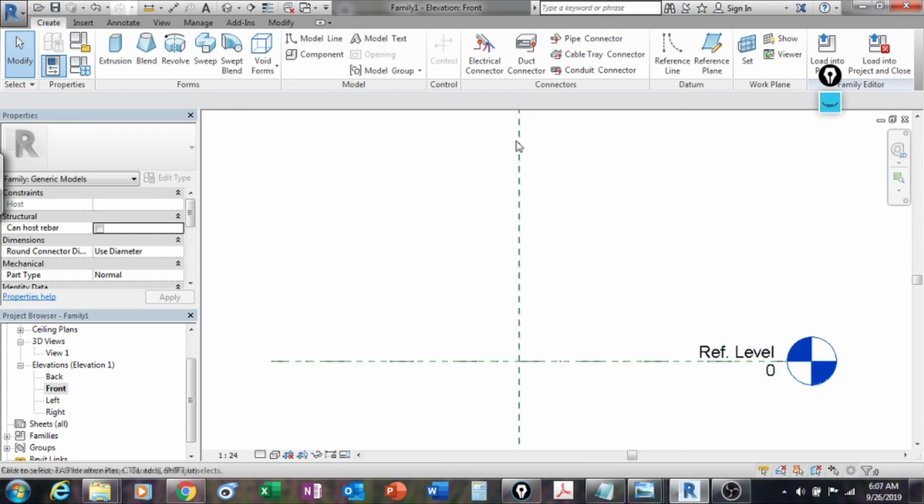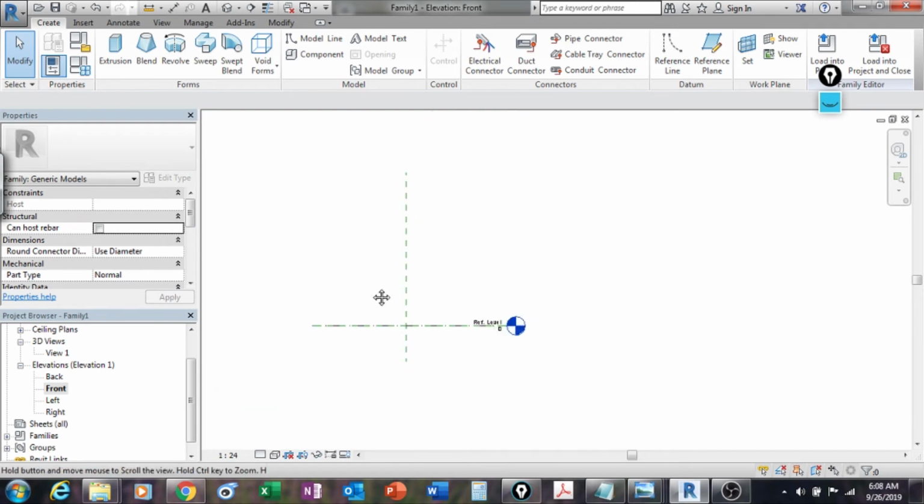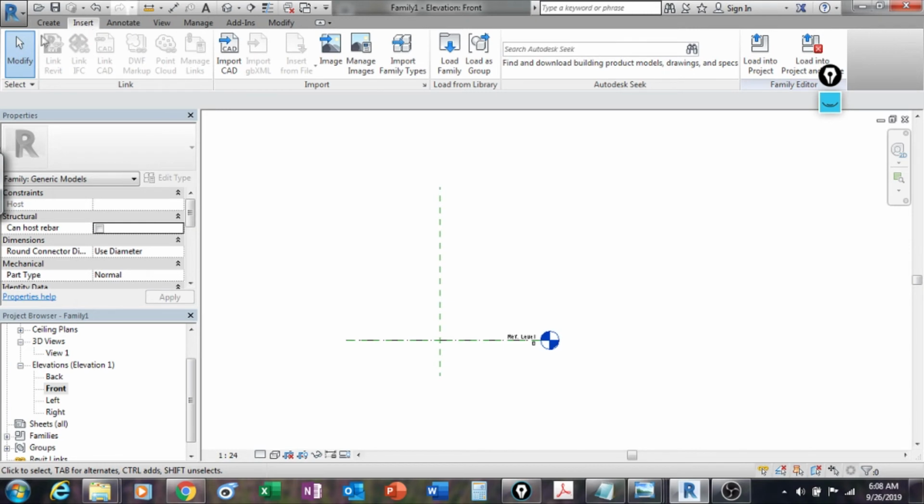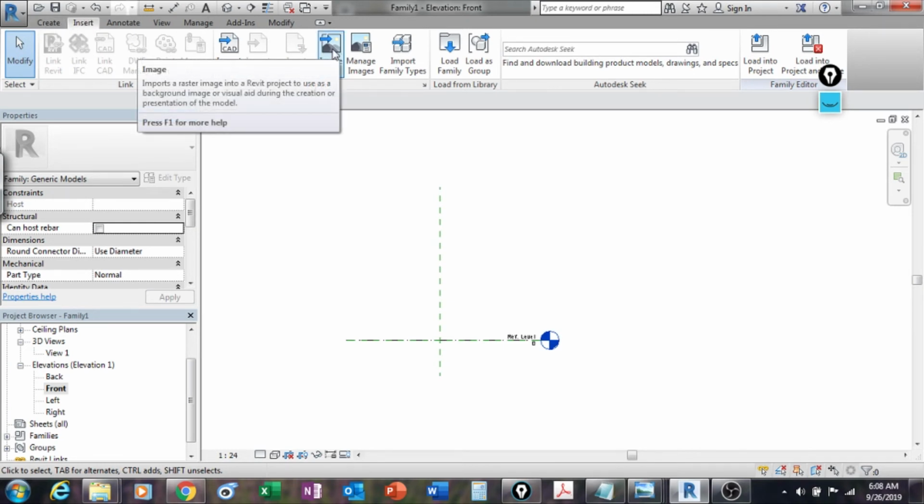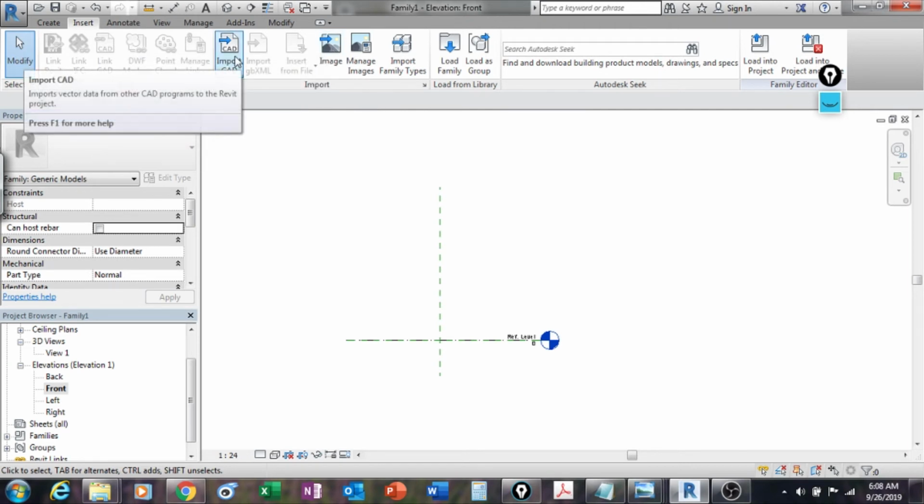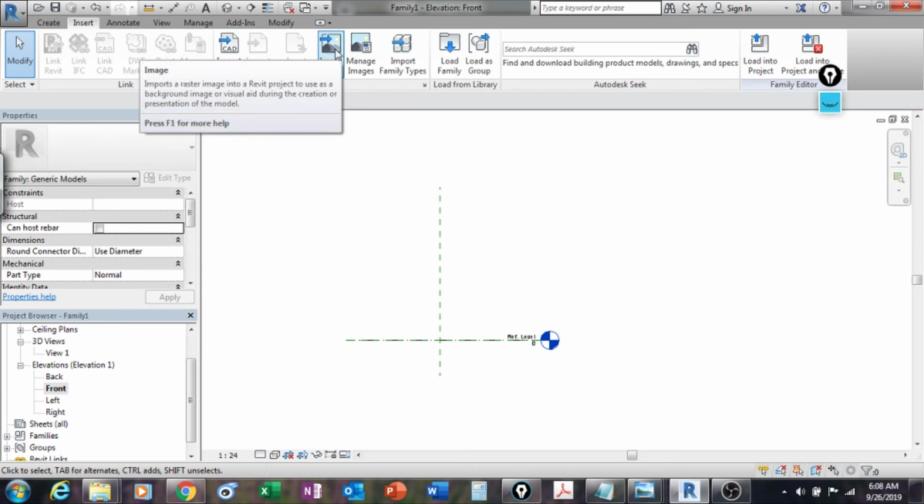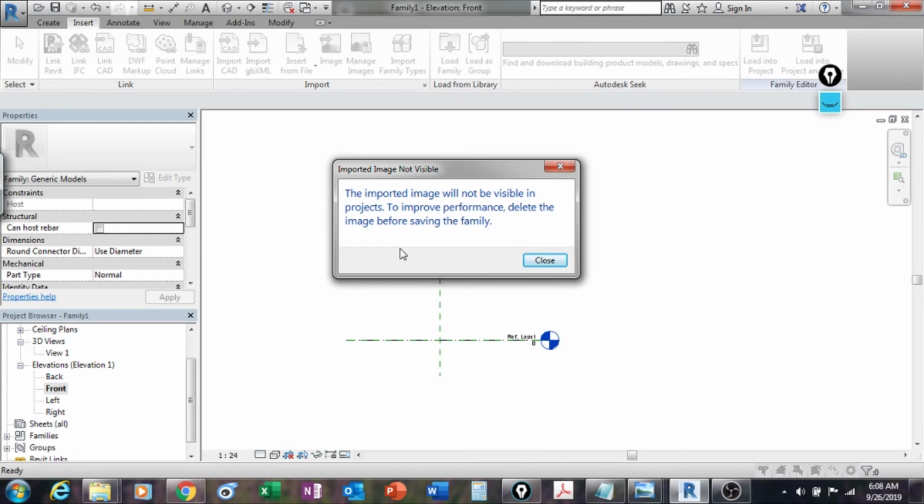Okay, so the next thing, I'm going to try to bring my pictures right here. For that, I'm going to go to the Insert tab on the top. The second tab is called Insert, and then I have the image option here. If I have a CAD file, very often you get a CAD file, you will go here, Import CAD. Since we have a picture, let's just go here, Image. Now, I always tell my students that it's very important to read every single